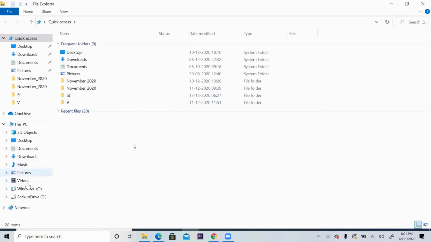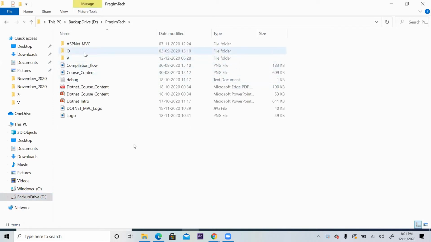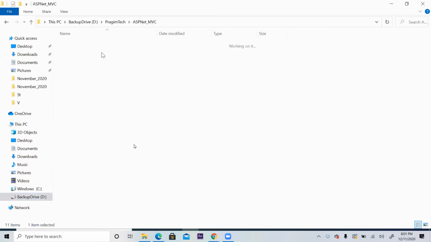What is the flow of MVC, what are the responsibilities of model, view, and controller in MVC architecture? Let me open that once again.